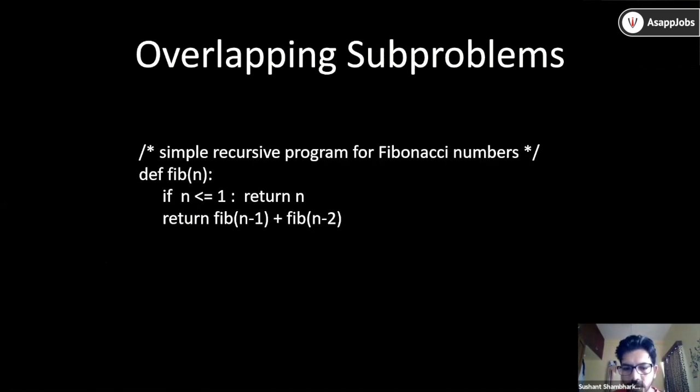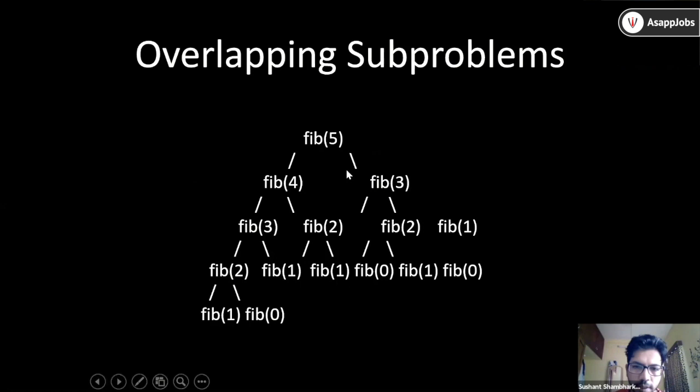If you try to draw this tree depending on these recursive calls, it will look like this. You have made a call for Fibonacci sequence 5 that will make a call for 4 and 3, because you need previous two numbers to calculate the current number. For 4, it will make a recursive call to 3 and 2. Same with the 3, it will make a recursive call to 2 and 1. And the same, it will go till it reaches a base condition. So base conditions are the leaf nodes. You can see that fib1 is a leaf node, fib0 is a leaf node.